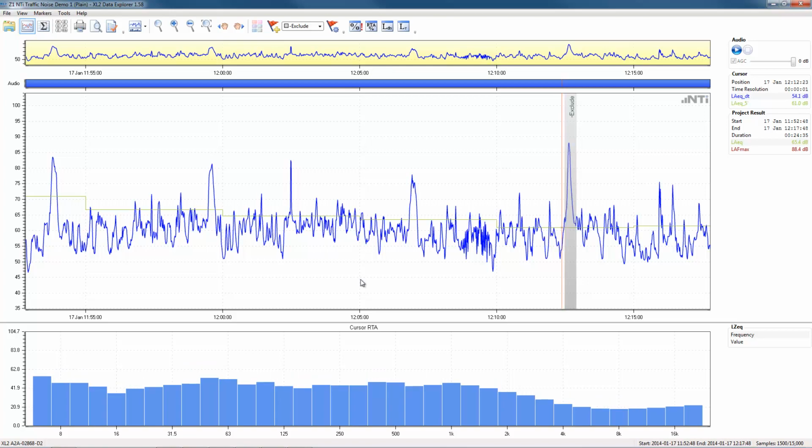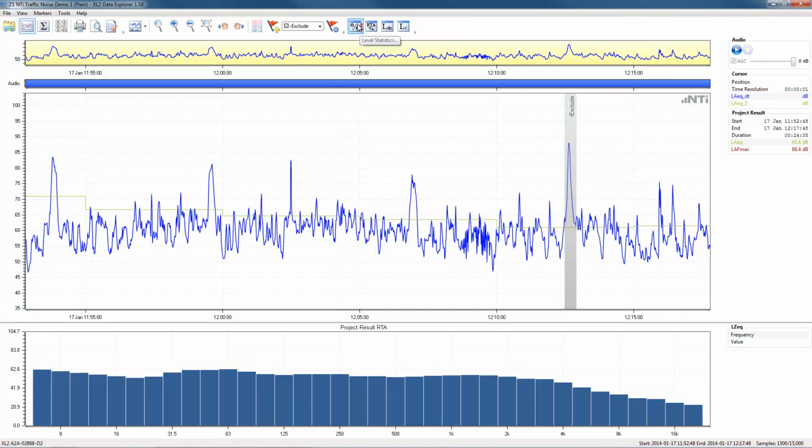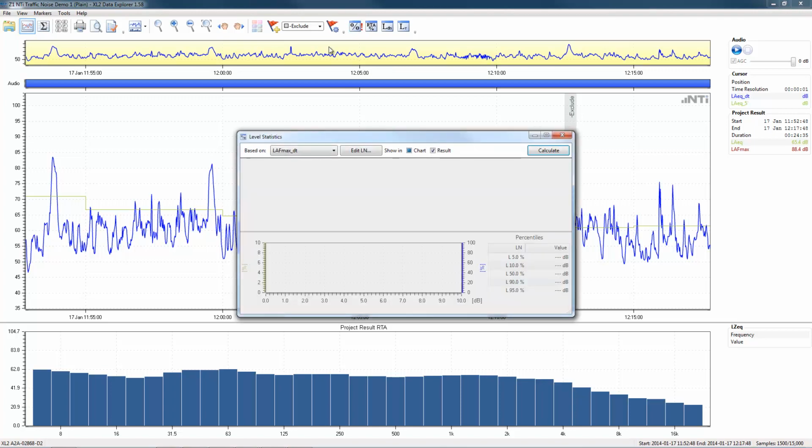Now percentiles are also something that are post-calculated. So this percentage icon up here with the exclamation means that the percentiles haven't been calculated yet. This exclamation is trying to draw our attention to the fact that we should recalculate our percentiles. So if I click on that and then click on calculate,